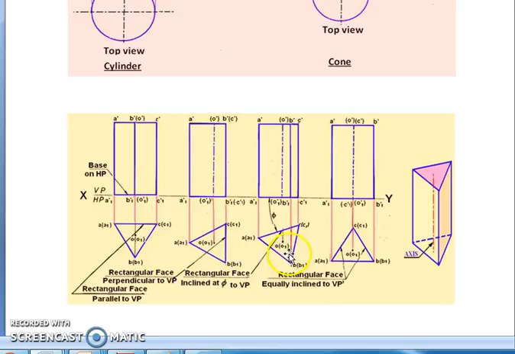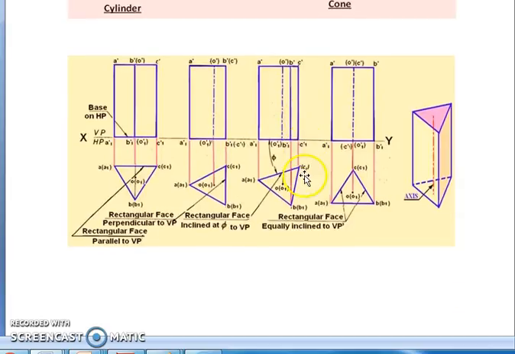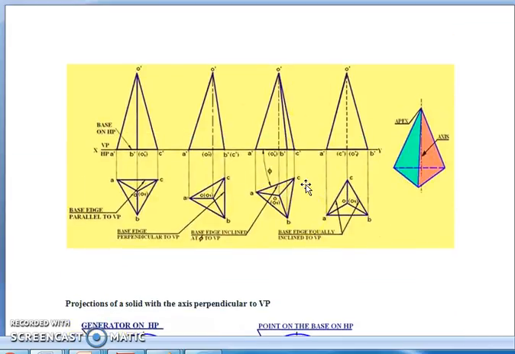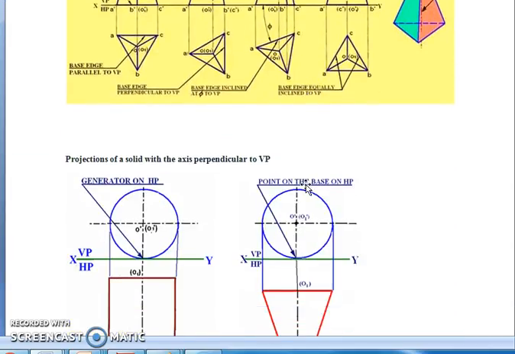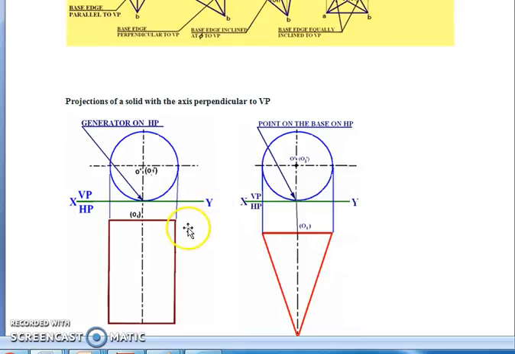But in the third diagram, we can see 3 longer edges, a dash, a1 dash and a dash, and c1 are the boundary longer edges. But the B point is far away from the XY line, that's why that line is also a visible line. Coming to the pyramid, in this one, the